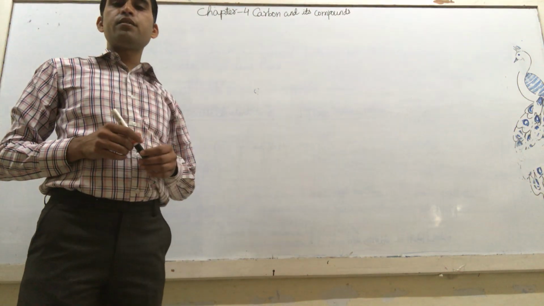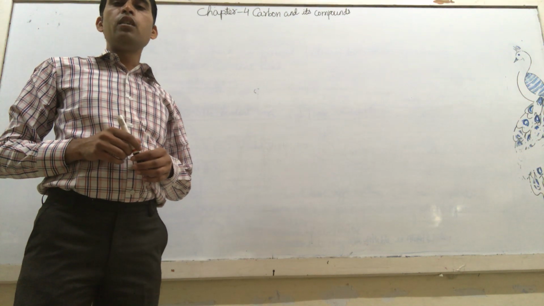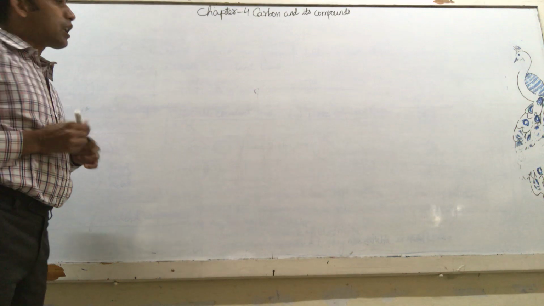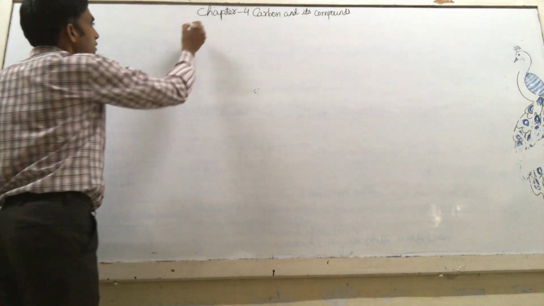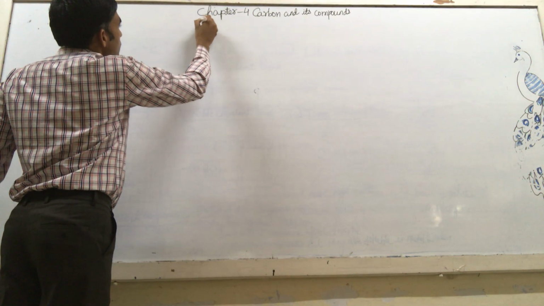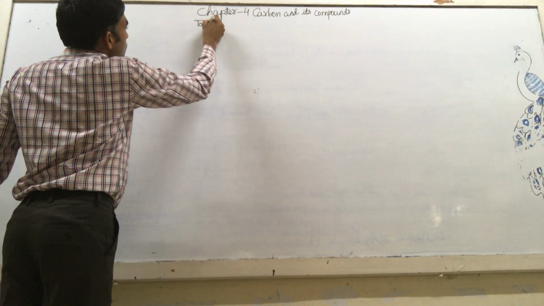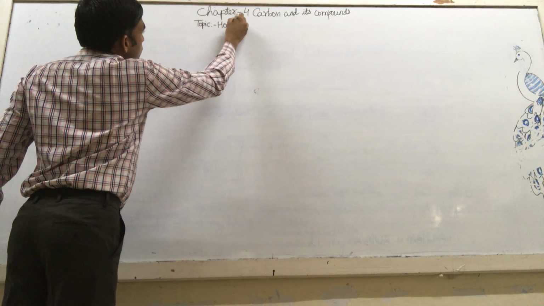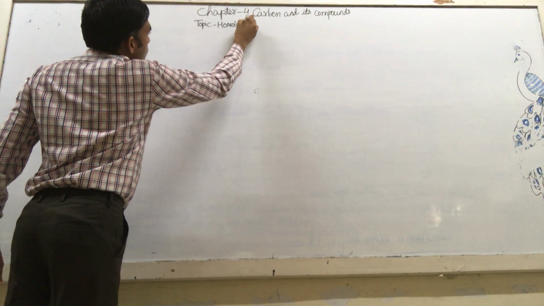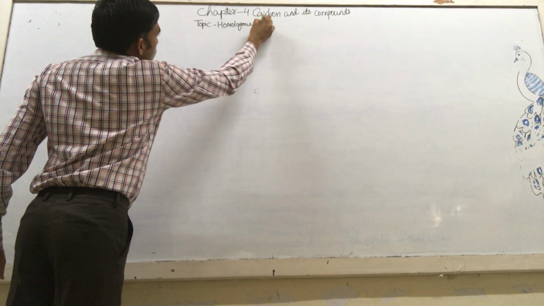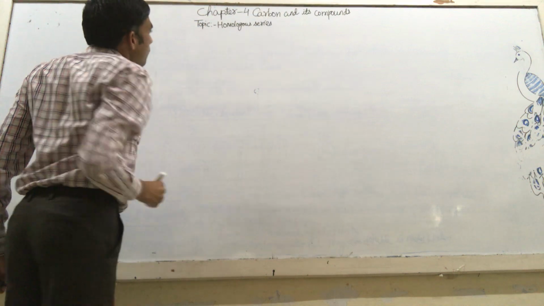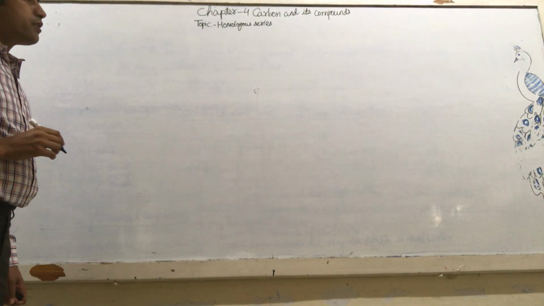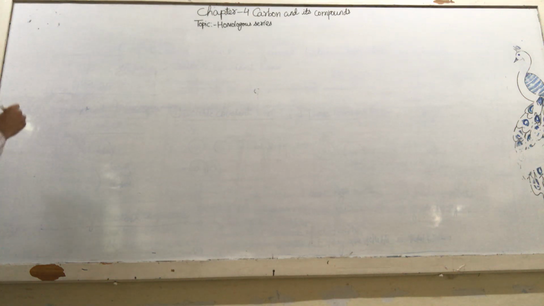Today we will discuss chapter number 4 of class 10, carbon and its compounds, and the topic of today's class is homologous series. So now we will see what is homologous series. The definition of homologous series: